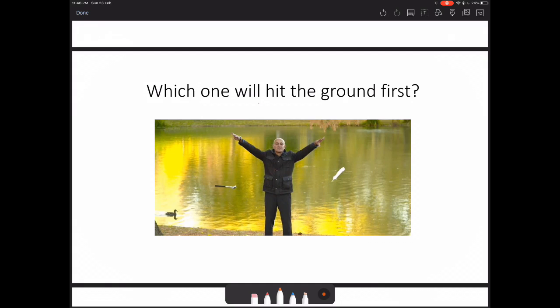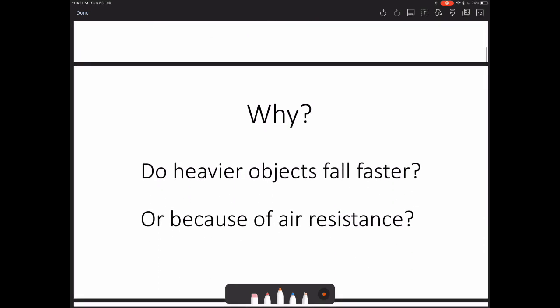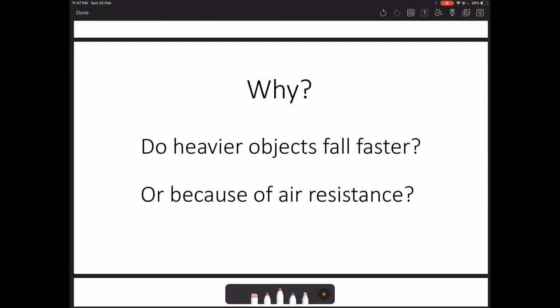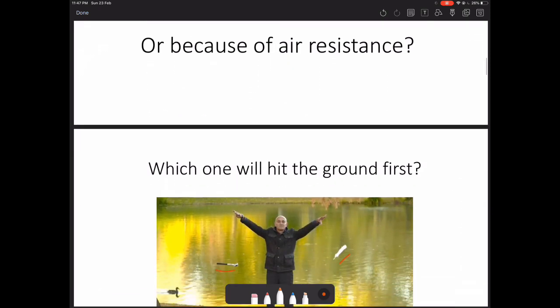The answer must be the hammer, right? That's common sense. You can imagine the hammer will hit the ground first. But why is it the case? Is it because heavy objects fall faster, or because of air resistance? To answer this question,